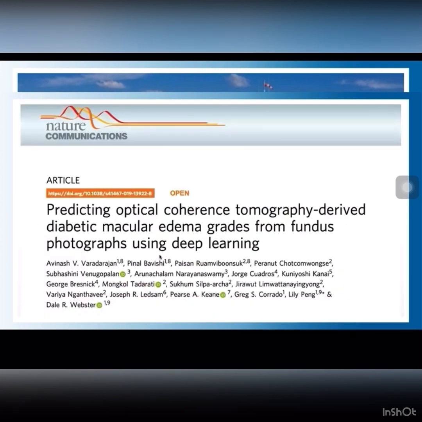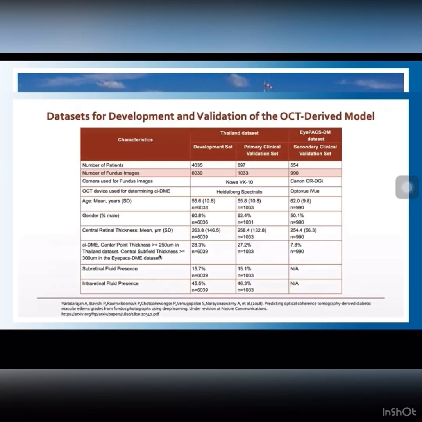Here's our first publication on this approach, published in Nature Communications in 2018. We used datasets from a retinal center in Thailand for this study. This model was initially developed with datasets from Thailand, as I mentioned before: 6,000 images for development and 1,000 images for internal validation, and external validation was performed on another 1,000